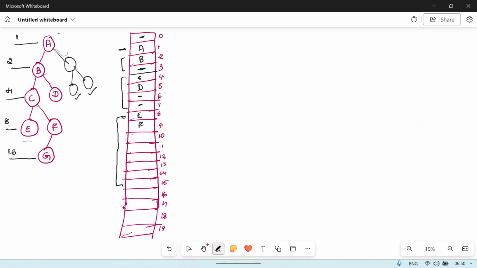Now, if you're getting confused, you use that 2 star P method. So this is 1, this is 2, this is 3, 4, 5, 6, and 7. Now for finding the position of G. Okay, so its parent is at 6, correct? So its left child is 2 times 6. Okay, it is 2 times 6, but